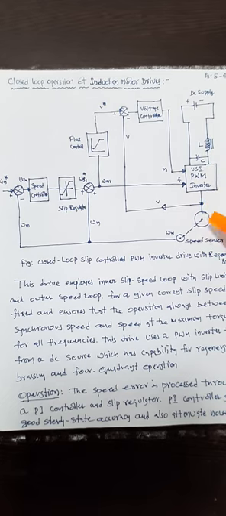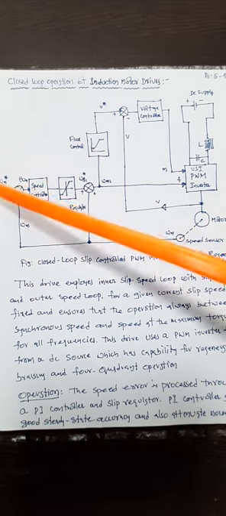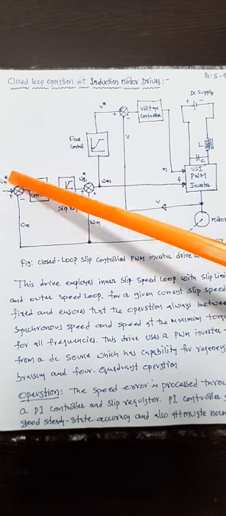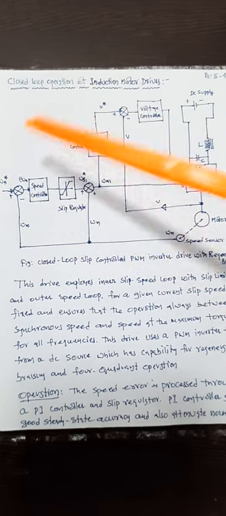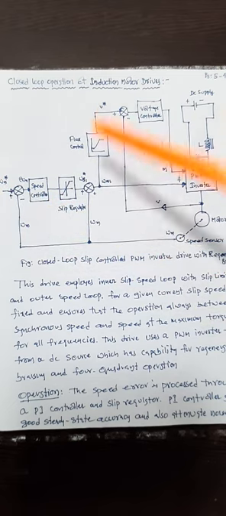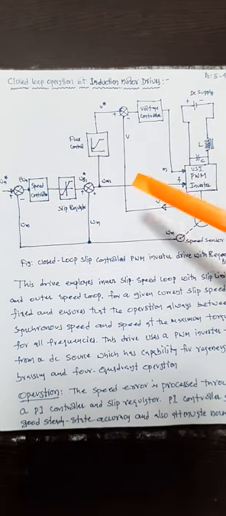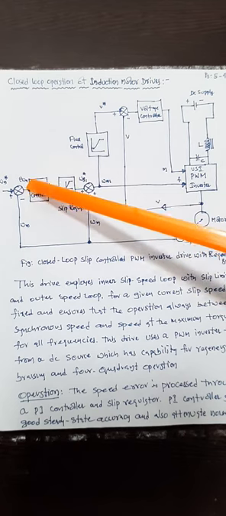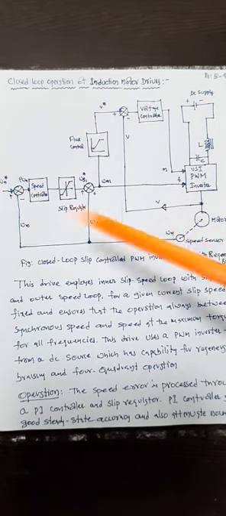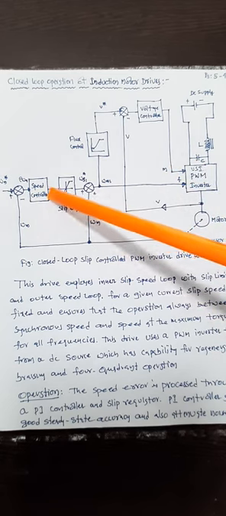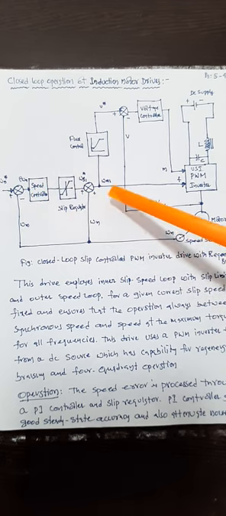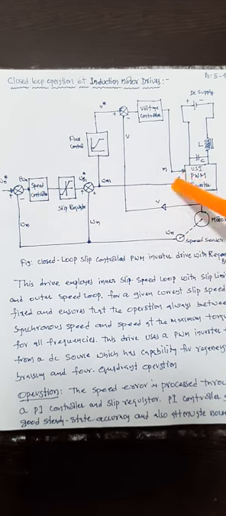The speed of the induction motor is sensed by the speed sensor, and it is always compared with the reference speed. Almost all the time the actual speed and reference speed are equal, so there is no need for any action. But when there is an error in omega m, that is, when the actual speed deviates from the reference speed, automatically this process starts implementing and changes the value of frequency.